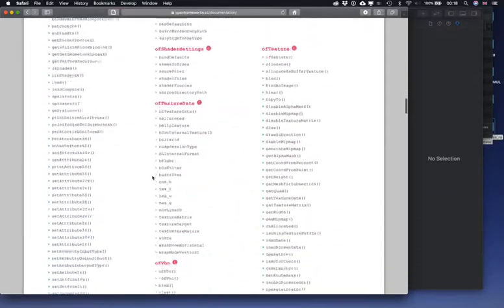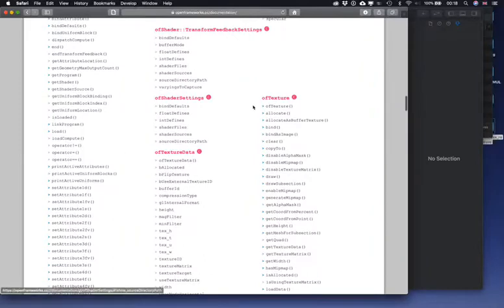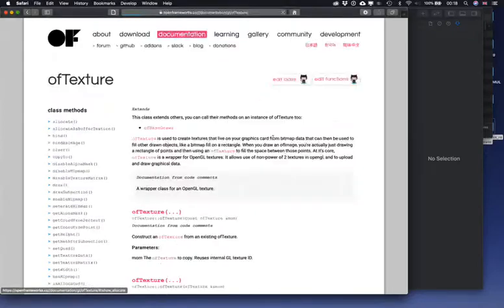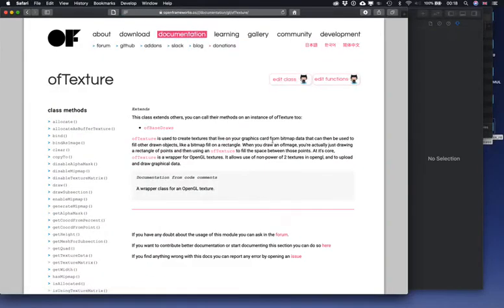So it's part of the OpenGL. And what is the texture? So the texture creates textures that live on your graphics card from bitmap data, so from pixels,